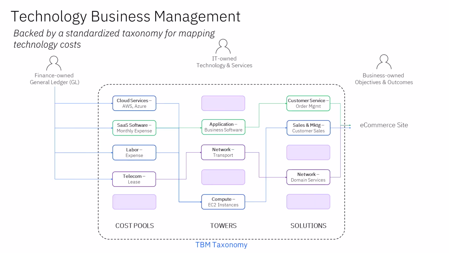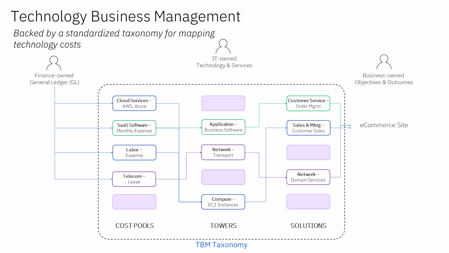The landscape provides a mental map to how technology business management can be used to translate technology investments to business value. However, the complexity of technology spending makes the actual mapping extremely difficult to do manually. So in 2014, the TBM Council standardized on a TBM taxonomy to help take the guesswork out of the mapping